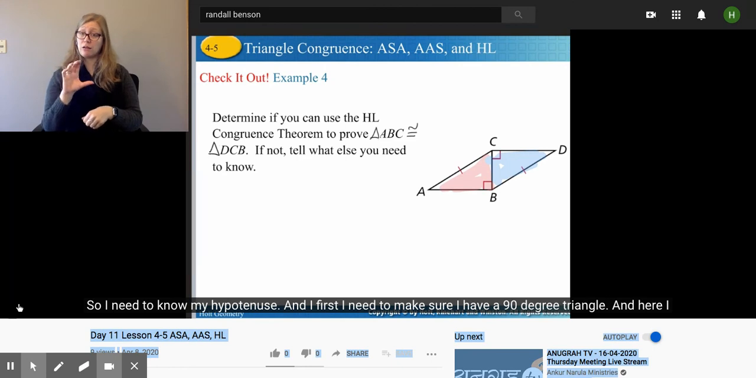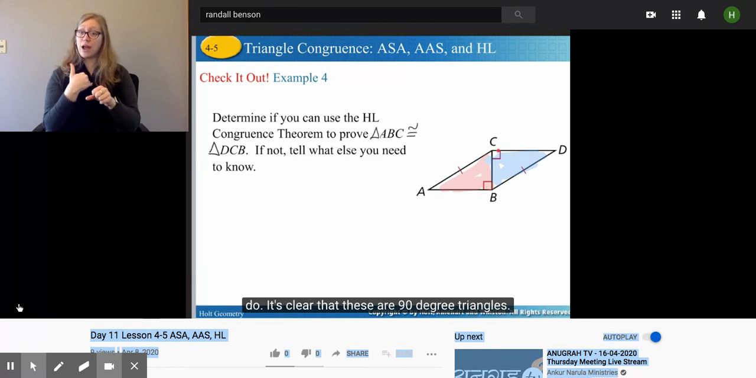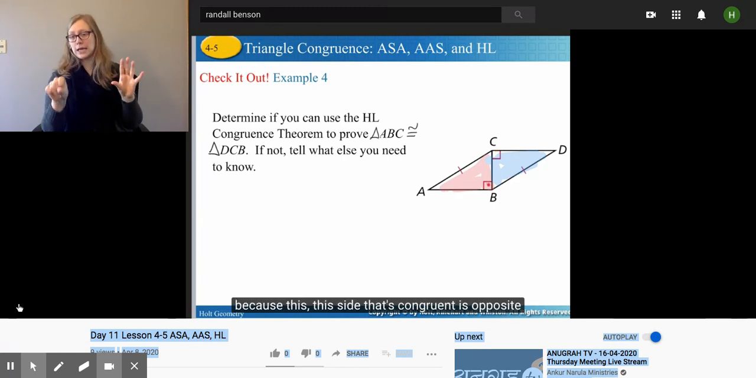So I need to know my hypotenuse and leg. First I need to make sure I have a 90-degree triangle, and here I do. It's clearly these are 90-degree triangles. And because this side that's congruent is opposite,